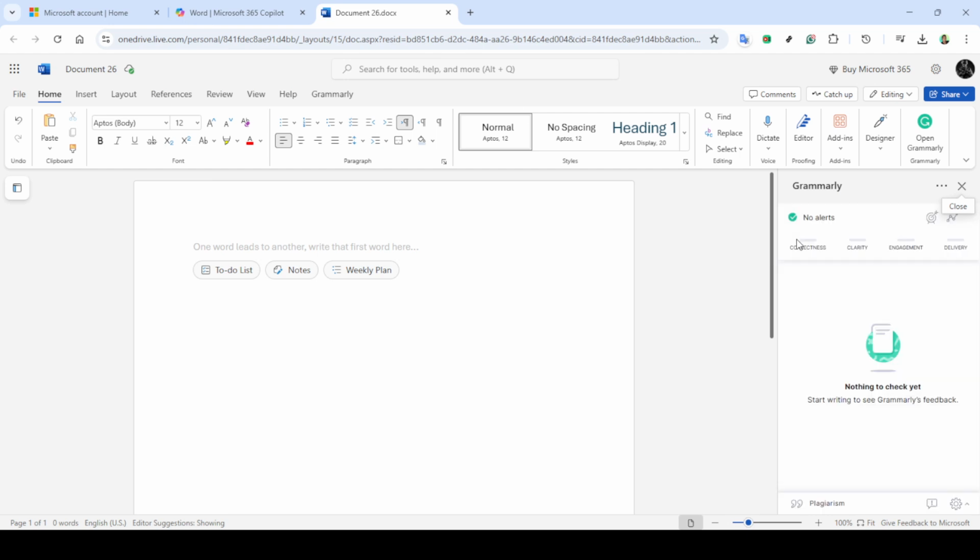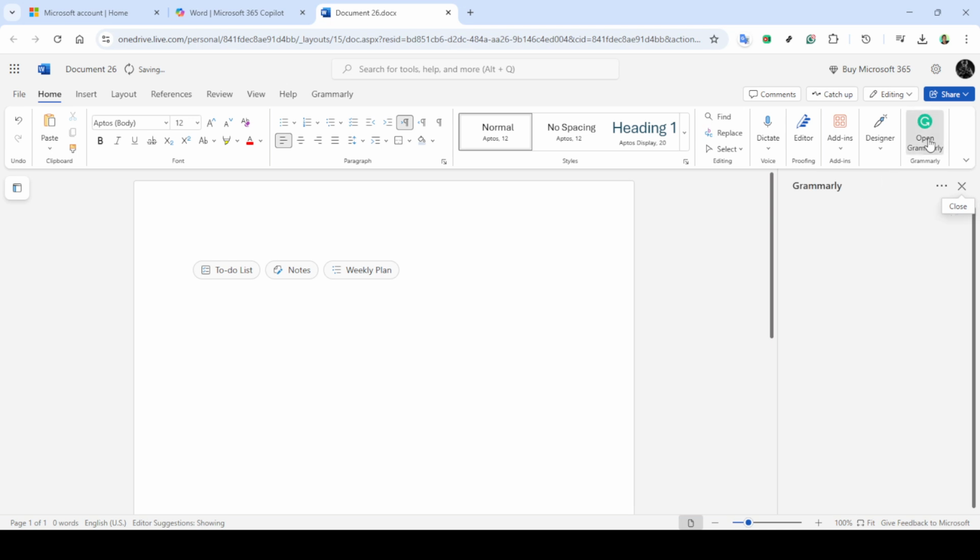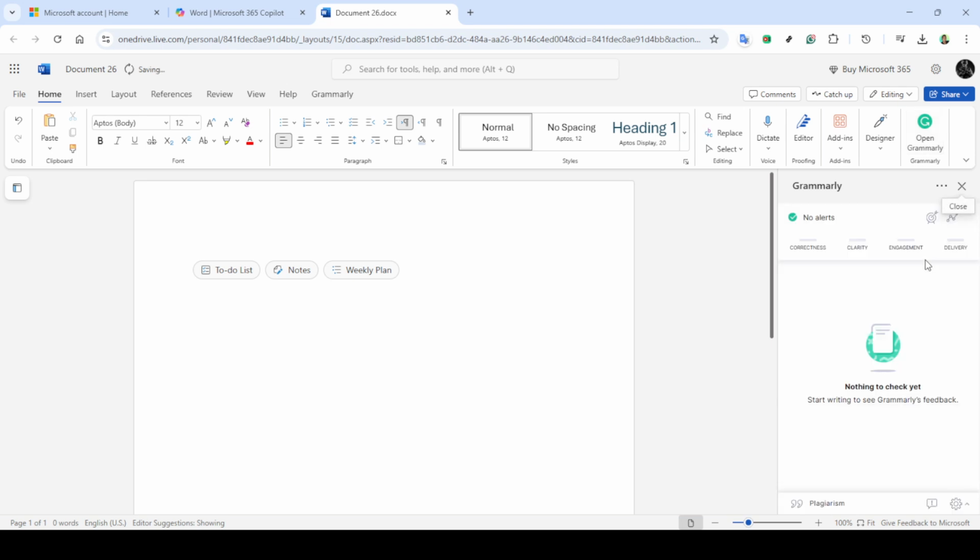By adding Grammarly, you've integrated a powerful writing assistant right into your Word setup. With it in place, you'll notice a Grammarly tab added to your Word interface, usually along the top row of menu options. And there you have it, you've successfully added Grammarly to your Microsoft Word Online. From here, you can begin making your writing not only grammatically correct, but also clear and impactful. Feel free to explore the Grammarly settings to tailor it to your specific writing needs. It can check everything from complex grammatical errors to stylistic suggestions, ensuring